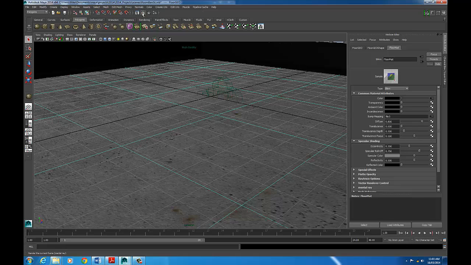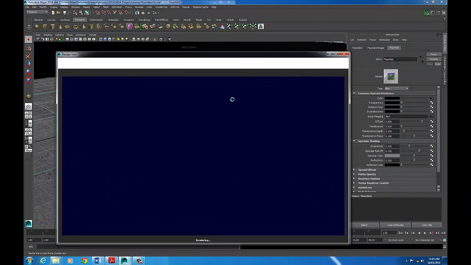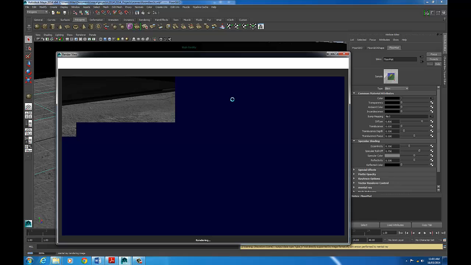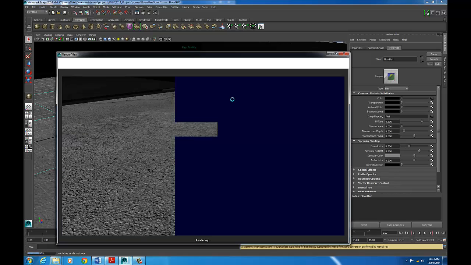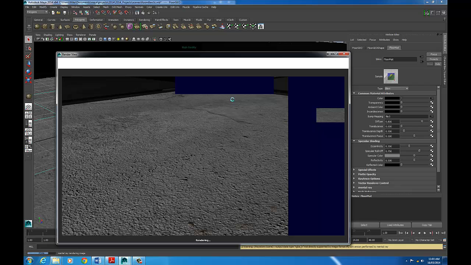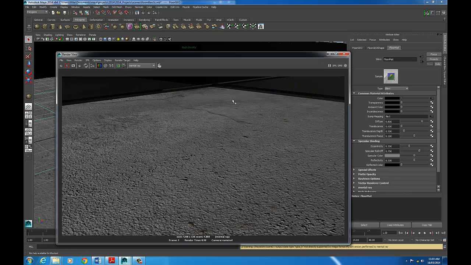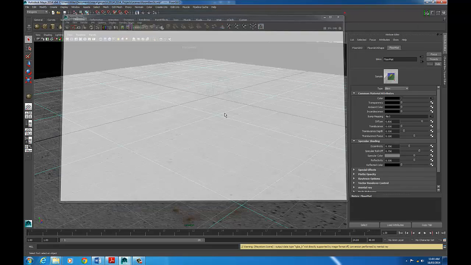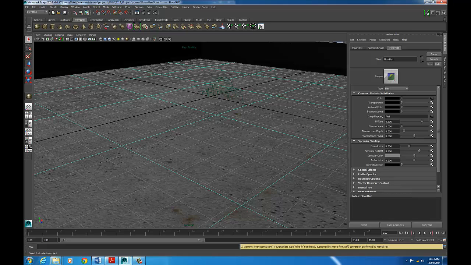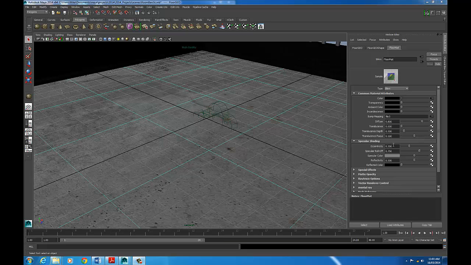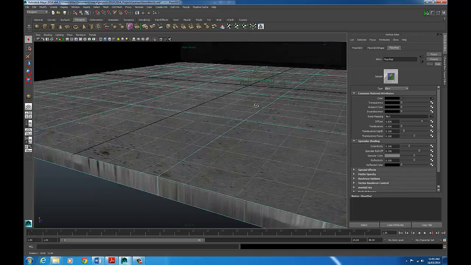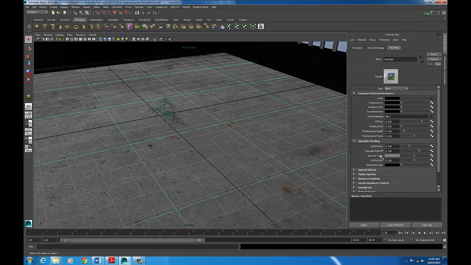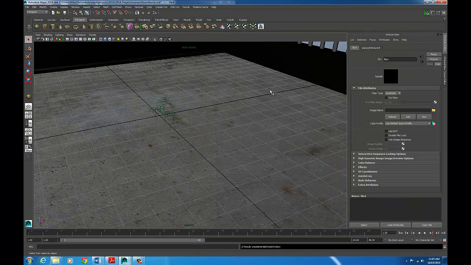And I'm just going to do a quick test render. Yeah, it's a pretty weak bump, but that's alright for this. Okay, finally I'm going to add some specular control using my specular map. So specular color, another file,